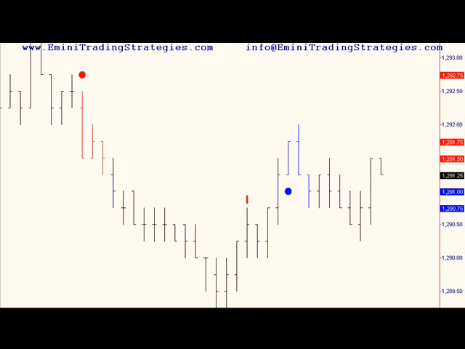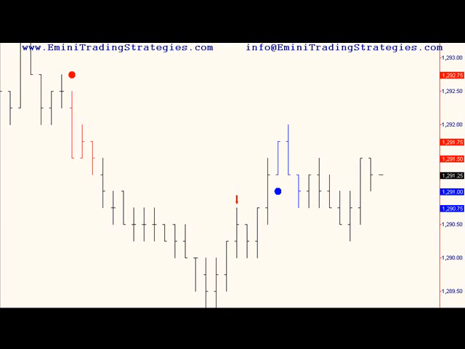Looks like it might start popping its head back up. Right, we're back up to about our entry point, maybe up a tick,